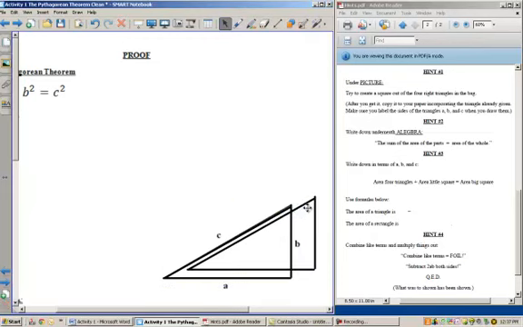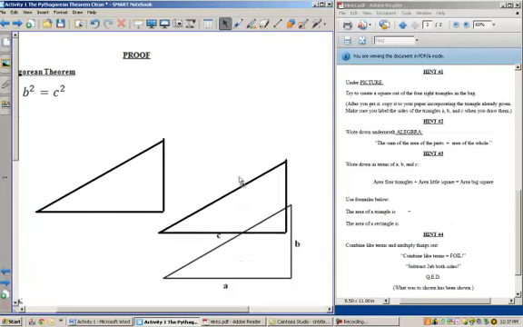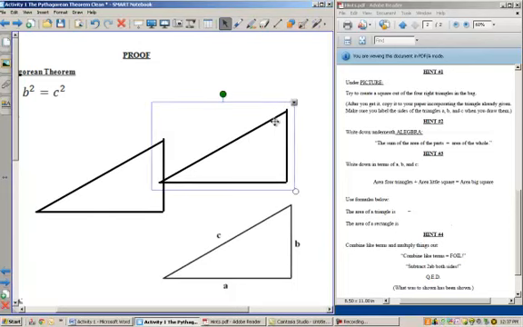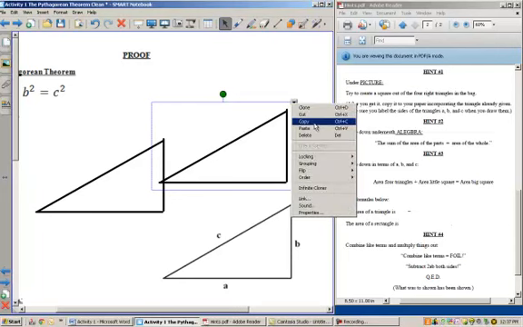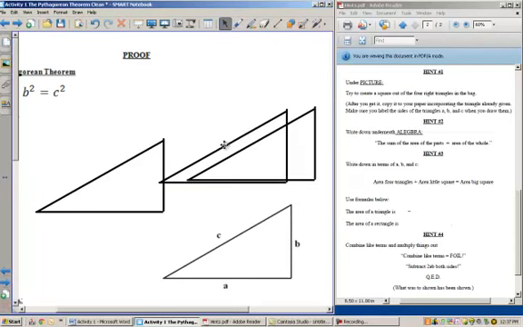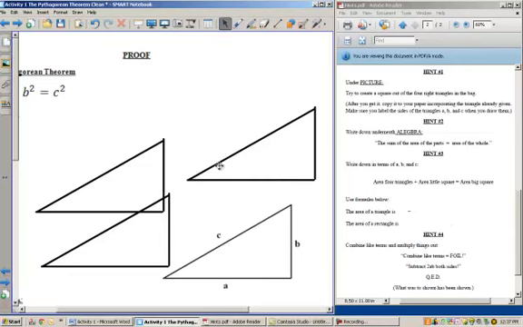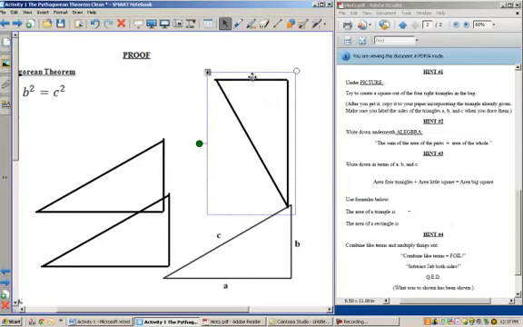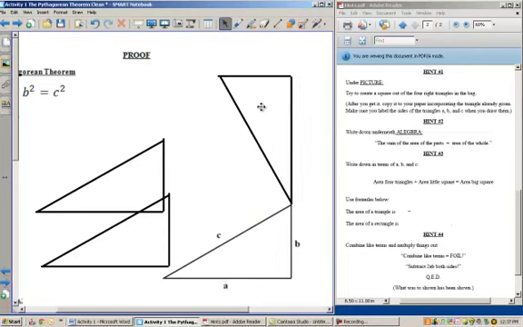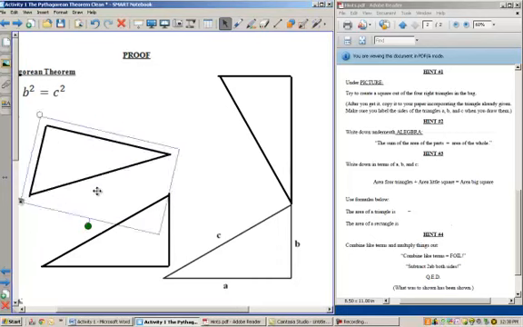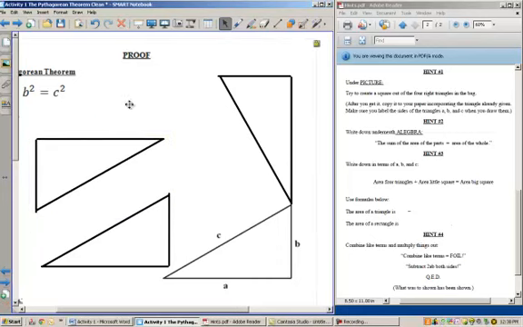Here's 1, here's 2, there's 3, I need 1 more. You're getting 4 of these right triangles, and your job was to somehow create a square out of them. The way you do this is you simply move them around and eventually stumble across a configuration that makes a square. Now remember, a square has all sides the same, and so as you push these around, you realize that one way to make a square out of these 4 triangles